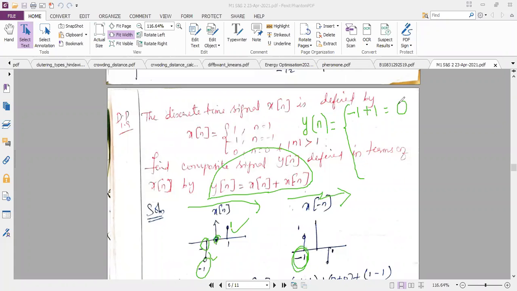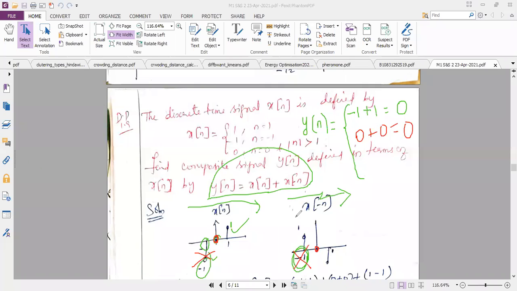See, adding is nothing but we are adding the amplitudes. So how are we adding the amplitudes? With respect to the respective n values. That's it. So now I have completed the first sample. Now listen, this first sample I will just eliminate it. Already I have finished it. Now tell me what's the second sample. Second sample is at n is equal to 0. So when n is equal to 0, my x of n amplitude is 0. Similarly, at n is equal to 0, x of minus n is also 0. So 0 plus 0 is again equal to 0.